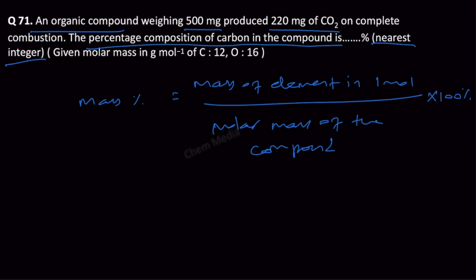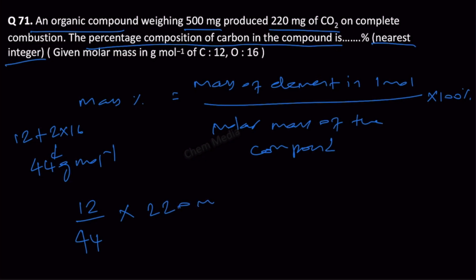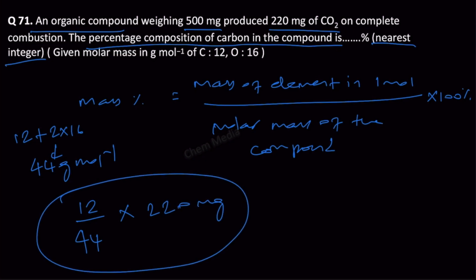Molar mass of CO2 is 44 gram per mole, isn't it? Because it is 12 plus 2 times 16. So that is the molar mass of CO2. So in 44 gram per mole, how much carbon is there? 12 gram. So 12 by 44. Therefore this means here we have to multiply this with 220 milligram. So that's our mass of element in 1 mole. So therefore this is equal to 12 by 44 times